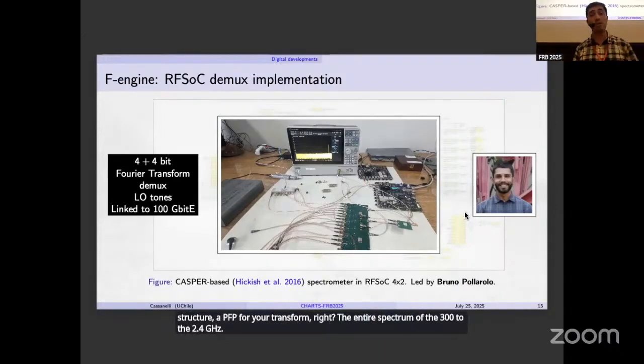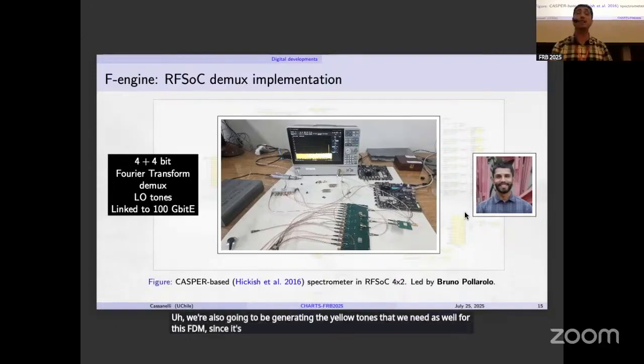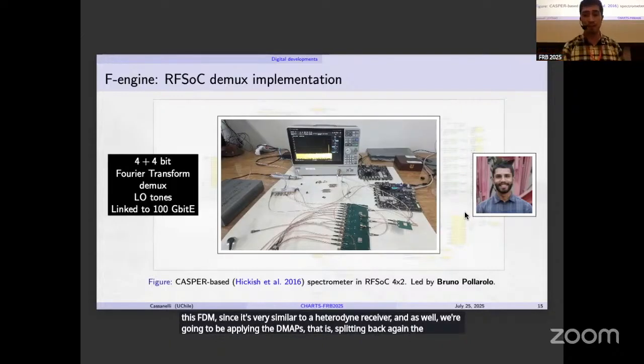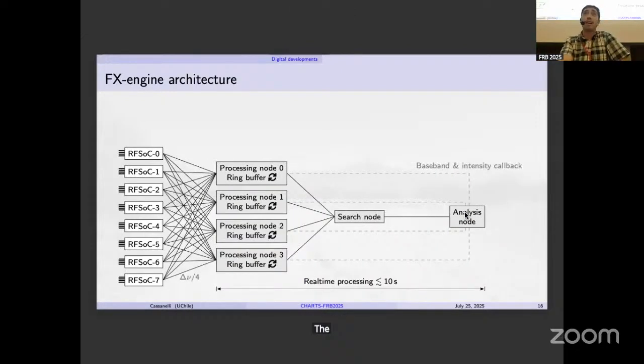We're also going to be generating the LO tones that we need for this FDM, since it's very similar to a heterodyne receiver. And we're going to be applying the demux, that is, splitting the antennas back to the original frequencies that we needed. The FX architecture is very similar to what BURST or CHIME FRB has, but